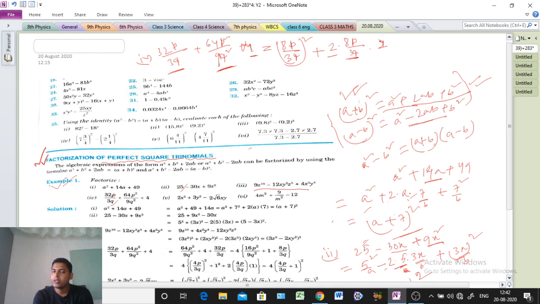And if your concept is clear, you can do it easily, because the process is the same: only positive sign in the middle, otherwise negative sign, but the process is the same. Terms are the same. Clear? A square plus 2ab plus b square, otherwise a square minus 2ab plus b square. See, the terms are the same. Either positive or negative, we should just expand like that. A square, 2ab and b square, those 3 terms will come. That's why it is called a trinomial. Clear?